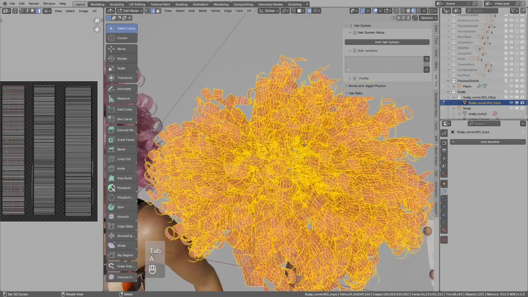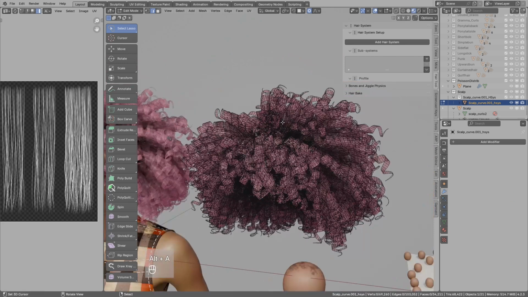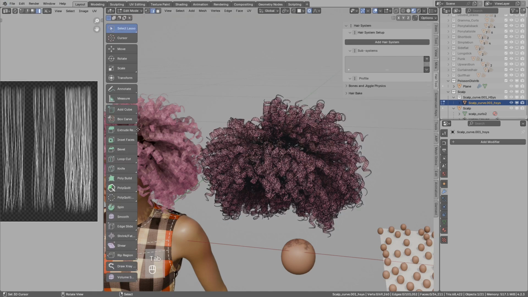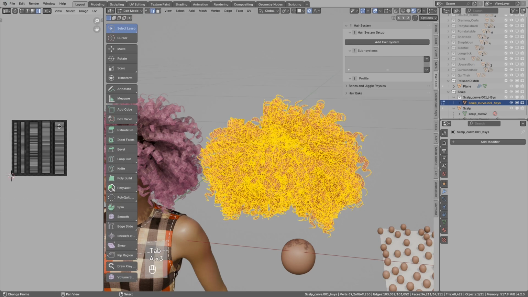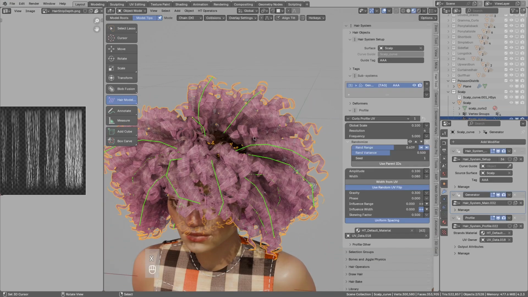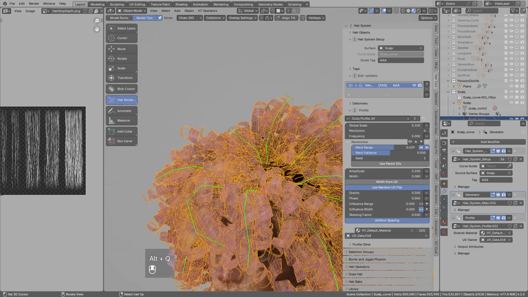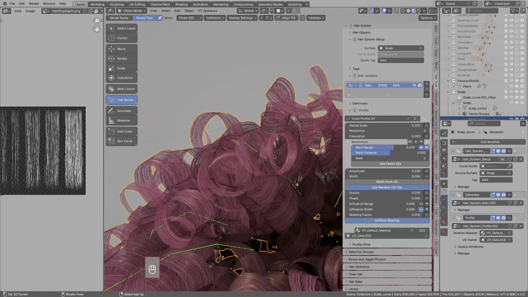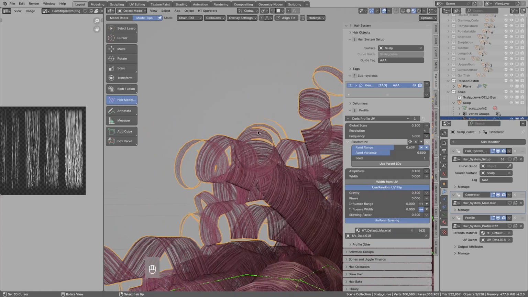So this is no longer editable. You cannot groom this, but this is good mesh for exporting with the file export FBX. You see the UVs are applied correctly to here. And maybe this was a bit dense, and if I show you individual curls, maybe from this area, you see we have quite a lot of geometry.